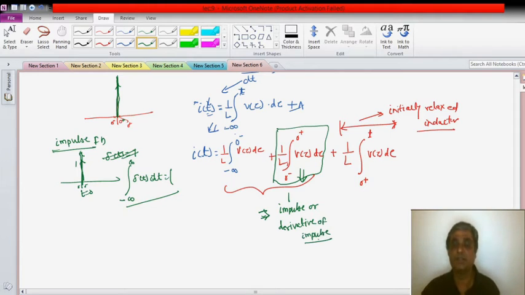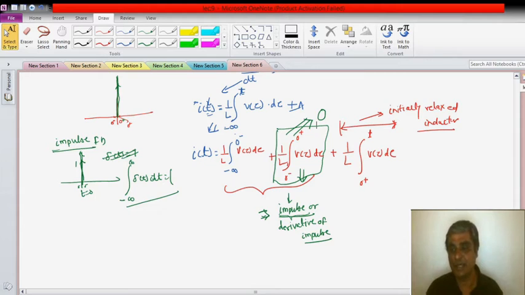Generally, for domestic appliances or anything, if I switch it on and there is a sharp magnitude or amplitude for a very short duration of time, what may happen to your device? Your device may spoil, right? So in order to have smooth functioning, let me try to avoid the impulsive nature, unless it has been specified for a particular application. It is better to analyze it from the circuit perspective, so let me define that my impulse is 0 or the derivative of impulse is 0.